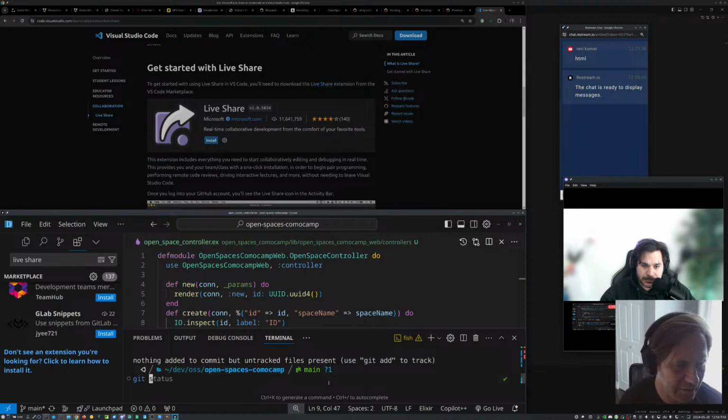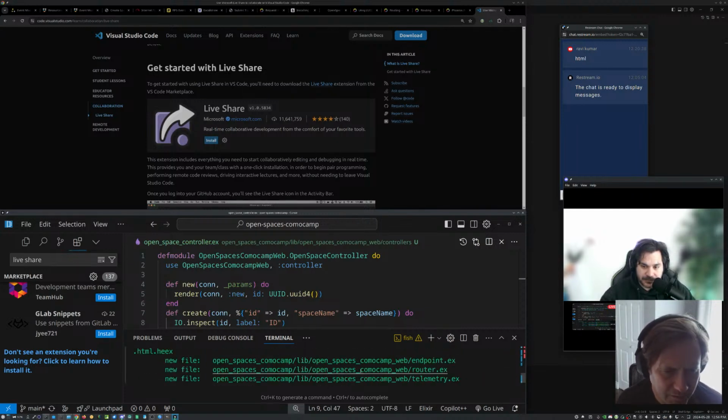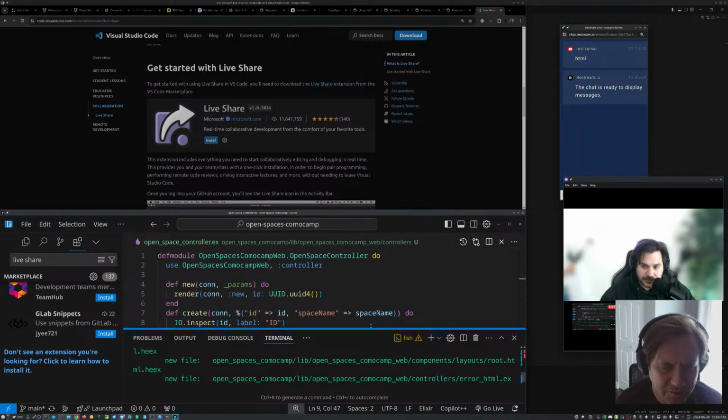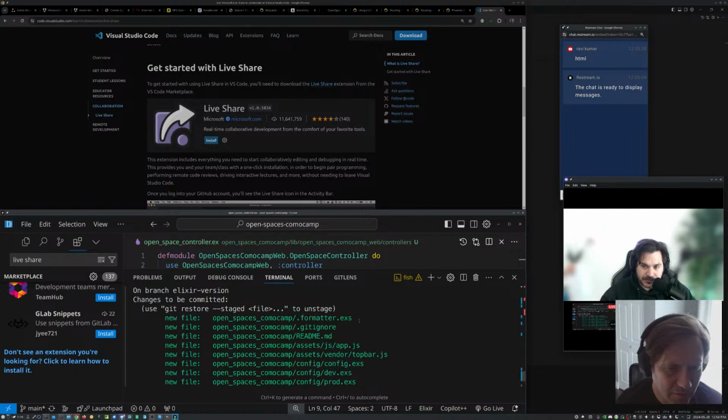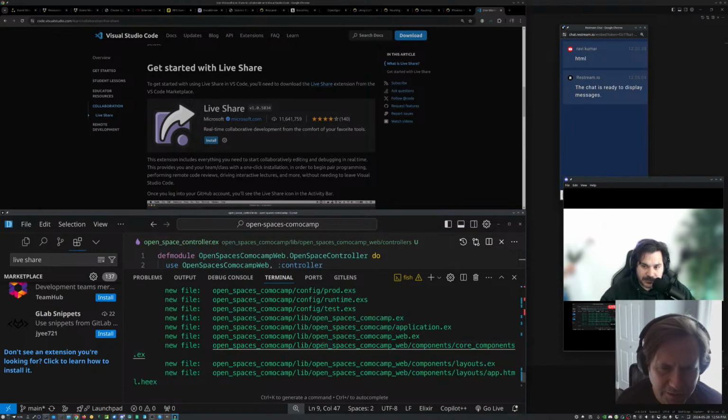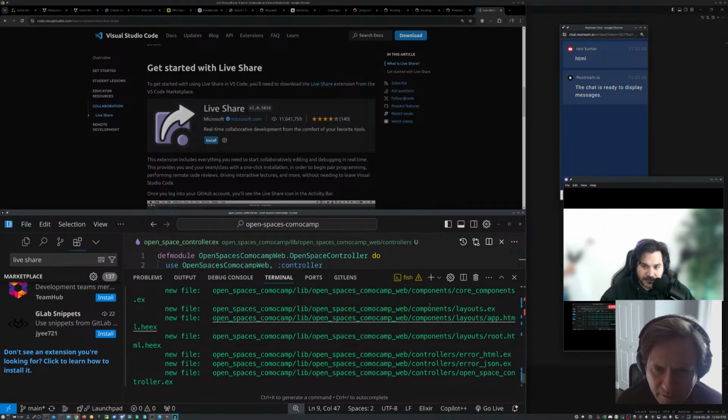So if I do a git checkout, it doesn't seem to have... oh, there's quite a few things. Formatter, readme, app. Actually, it doesn't look too bad, right?